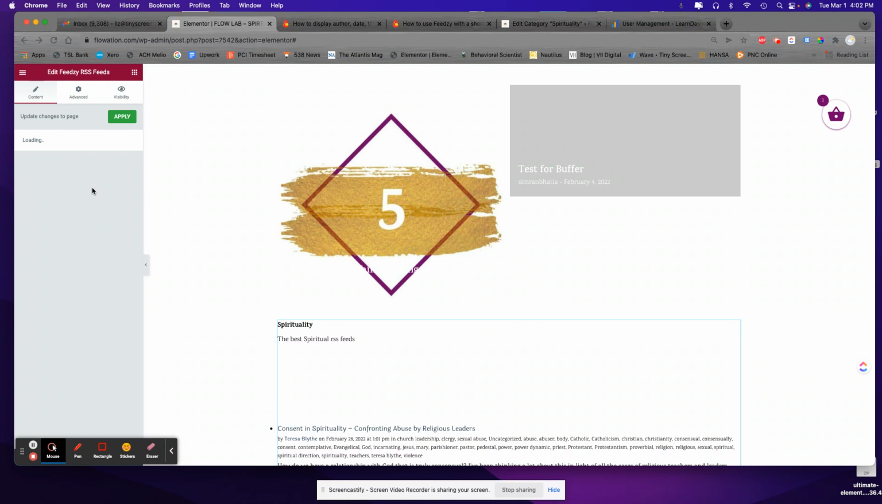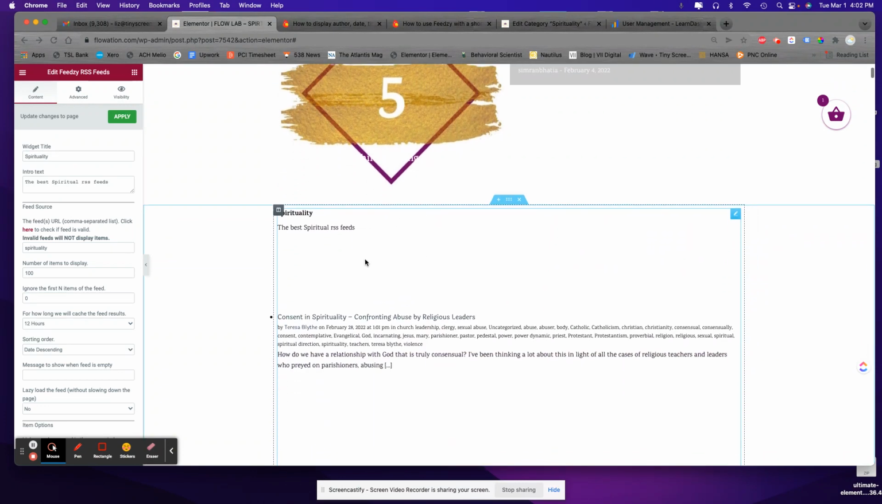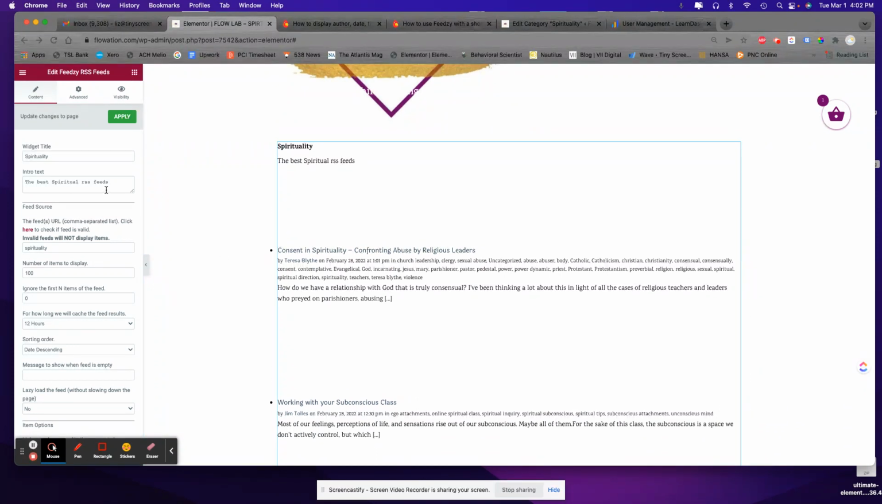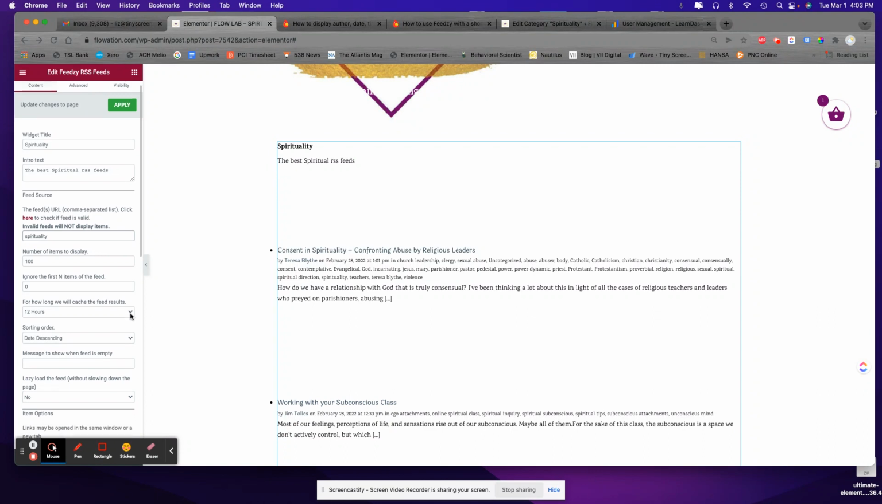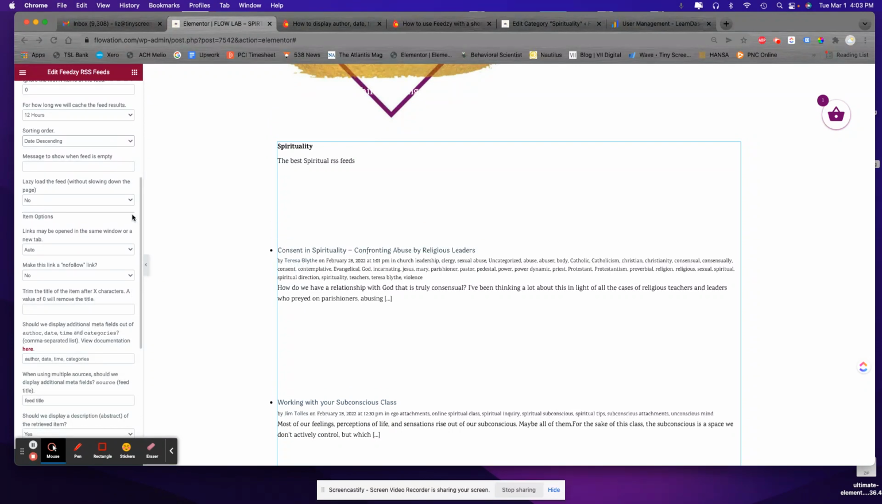And in here is where you'll be able to add a title and description. This space is actually misleading. There are images here, but in the template that you're creating, it does look a little wonky. But anyway, you have an option to add a little bit of information here. I've added the spirituality category in this field for field source. I've selected the number of items to display, how long these results are going to be cached. I have to get more information about that one. There's a sorting, so I sorted descending and so on. There's a bunch of different